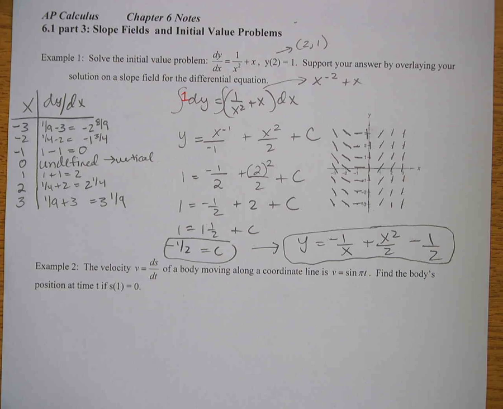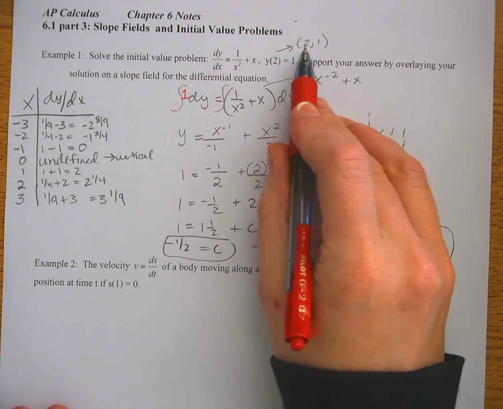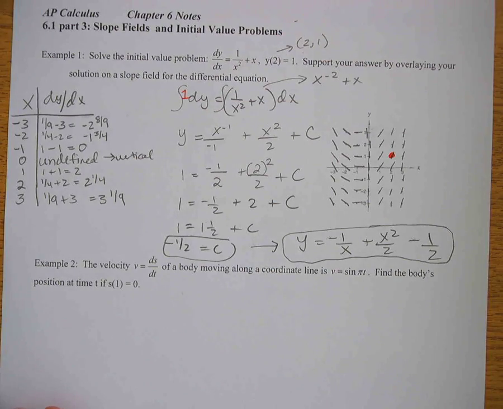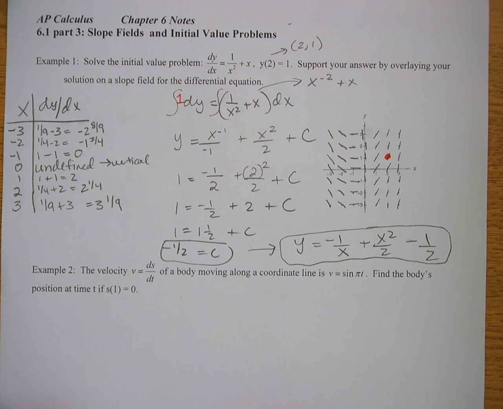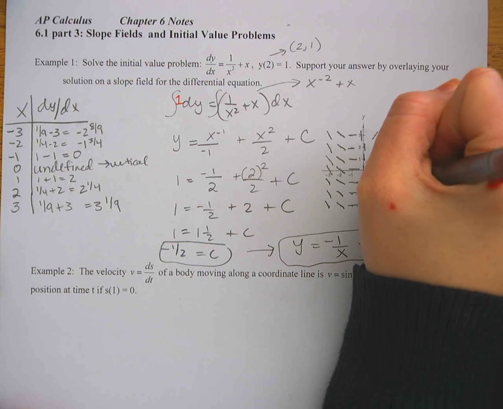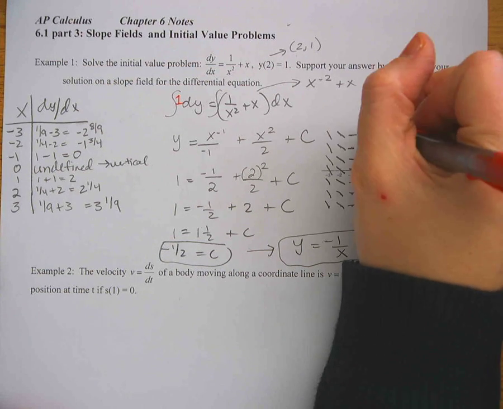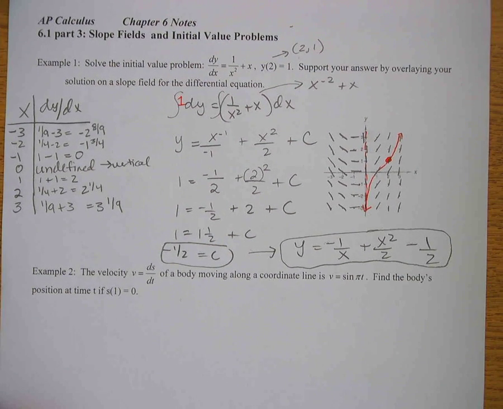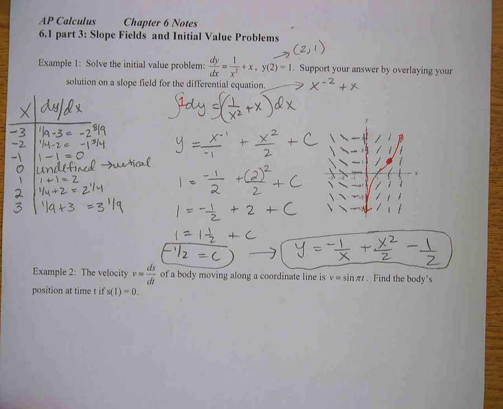It ends up looking something like this. First of all, we have this point 2, 1. So we want to use the point available to us. And it ends up doing this sort of a shape here. And we actually have a vertical asymptote right here where we had the vertical tangents. And by the way, when you have vertical tangents, that's what that is. It's from a vertical asymptote. And then on this side,